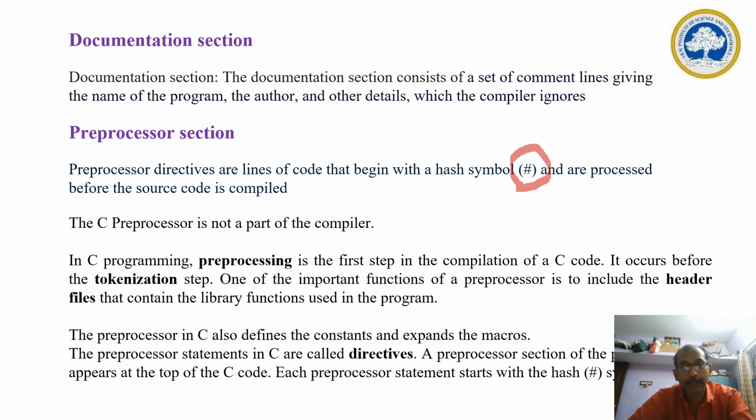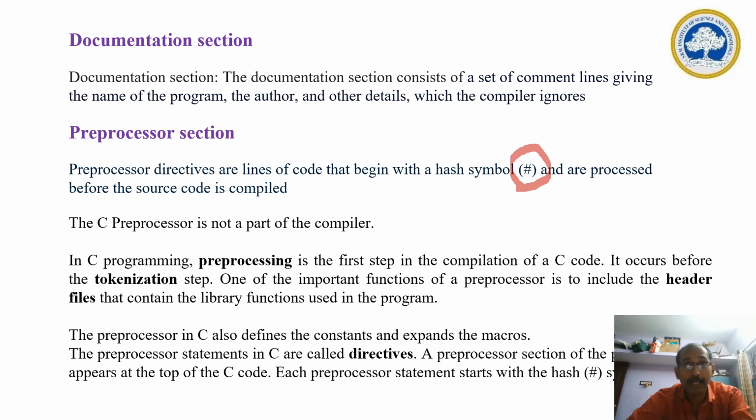It occurs before tokenization. So in C programming, the C code, each and every segment, you can call it tokens. So before tokenization, this has been done. One of the important functions of a preprocessor is to include the header files. This is very important. Unless you include the header files, how does the C program understand what is scanf and